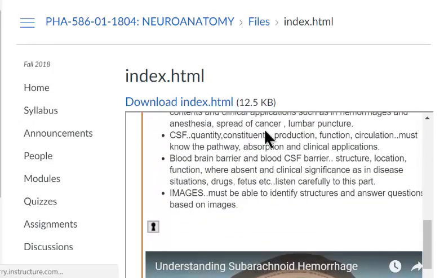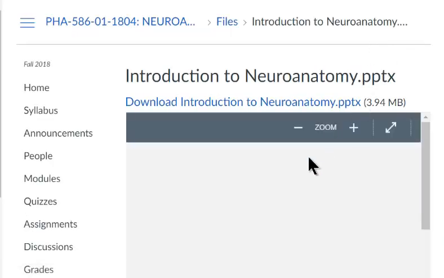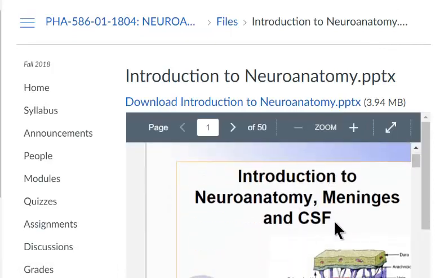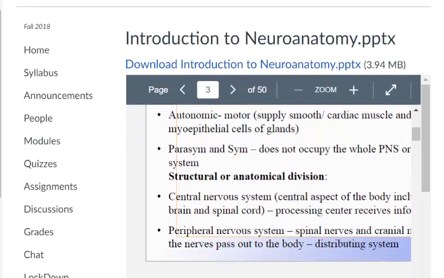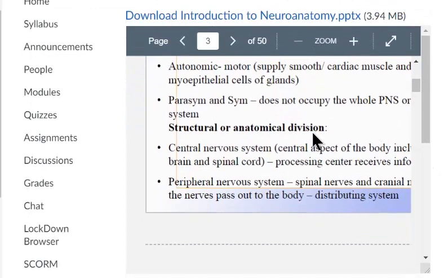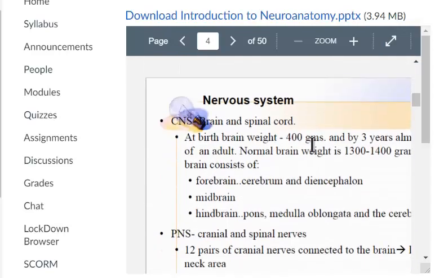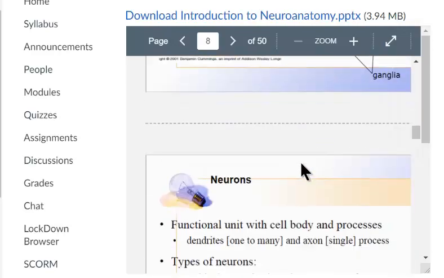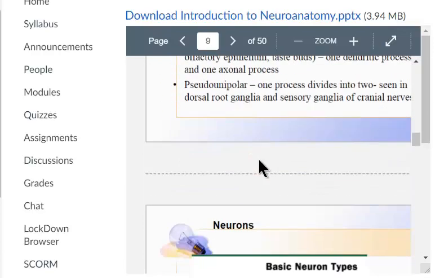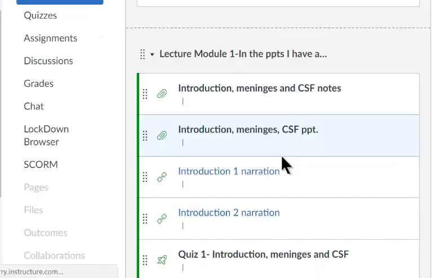And then when you go back, you have a PowerPoint up here. This might take a while to load. Well, it's loaded fast this time. So this is the visual representation. My PowerPoints actually contained a lot less text in the past, but students wanted me to elaborate a little bit more. So you will find that when I do the narration, some of these slides are not shown because I've just added a little bit more information because the students wanted me to, and so that was done after the narrations. So my PowerPoints do not have all that much text,